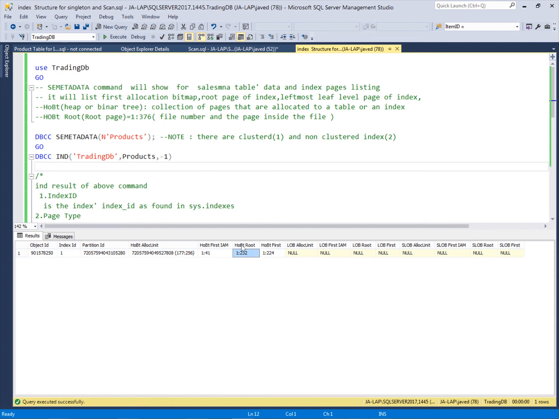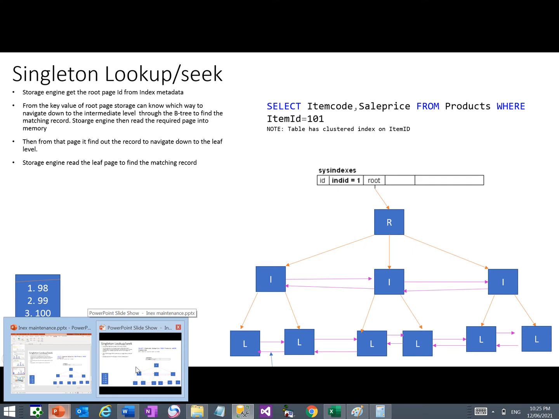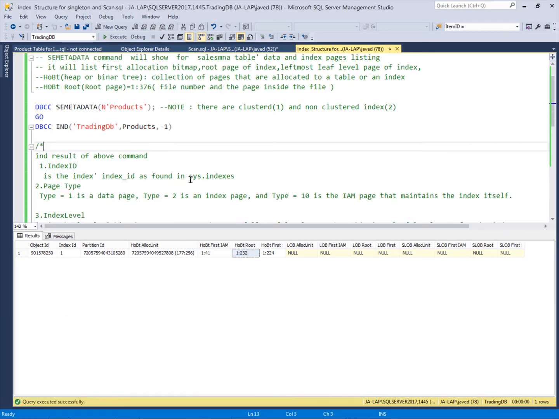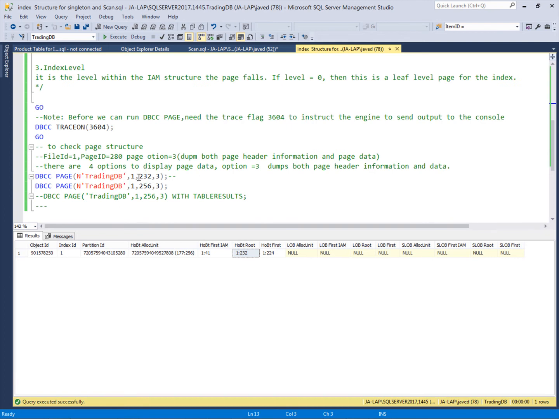If I go to this page 232, this root page contains the index pages down the index structure. So how many pages are there? I am going to check this root page using the DBCC command, DBCC PAGE. But before using this command, we must turn on trace flag 3604. If we turn on this flag, it will display the output on this terminal; otherwise it will not display any output.